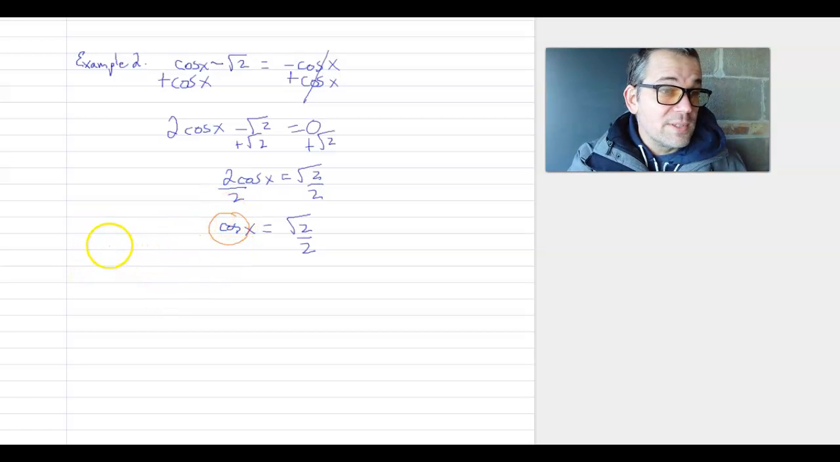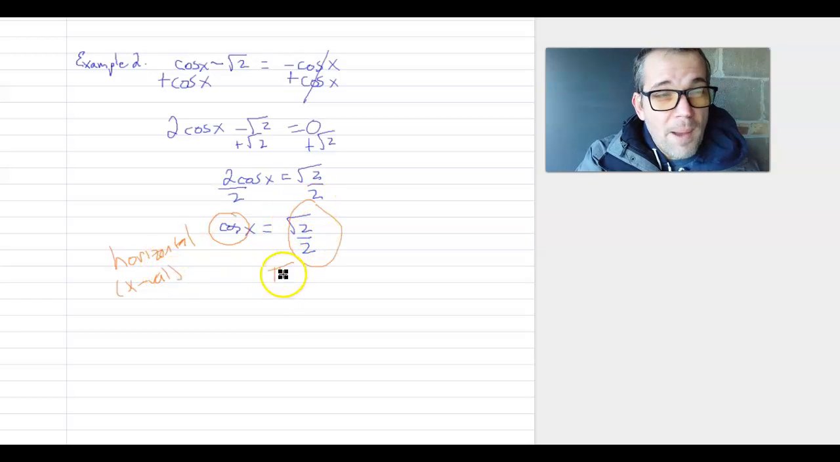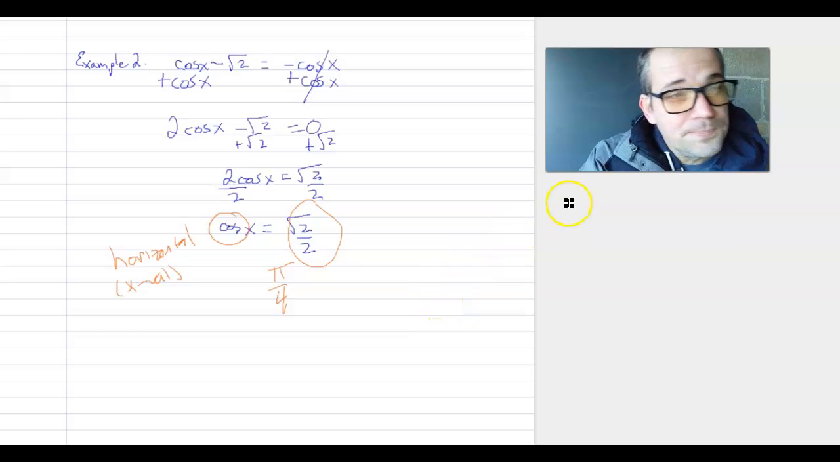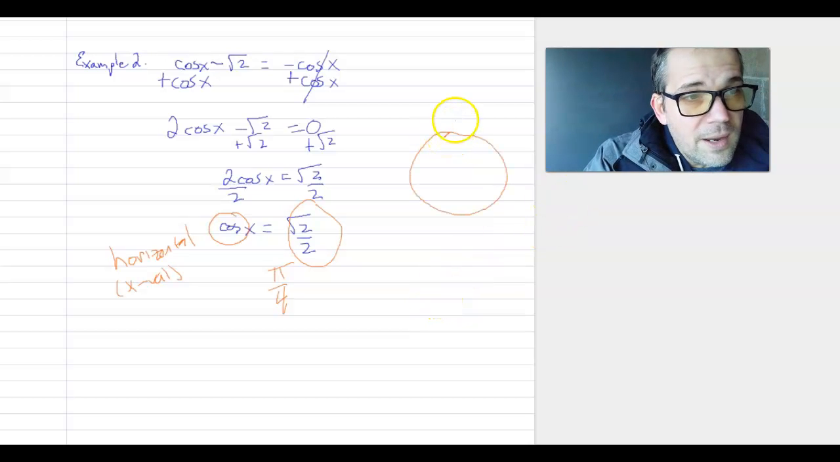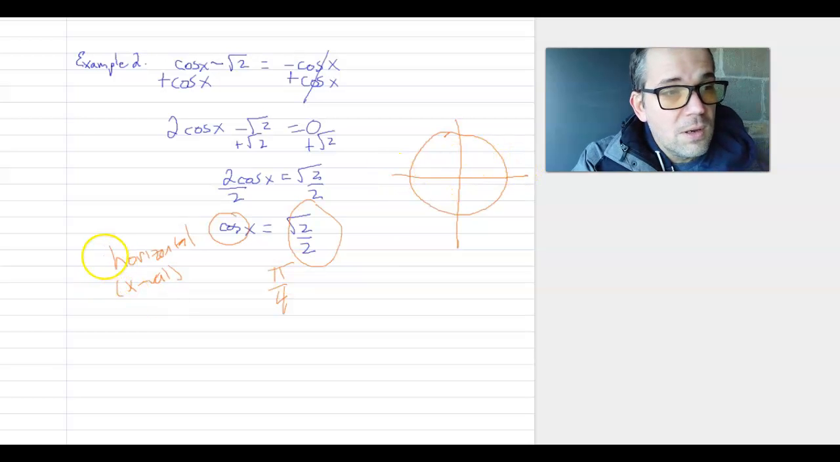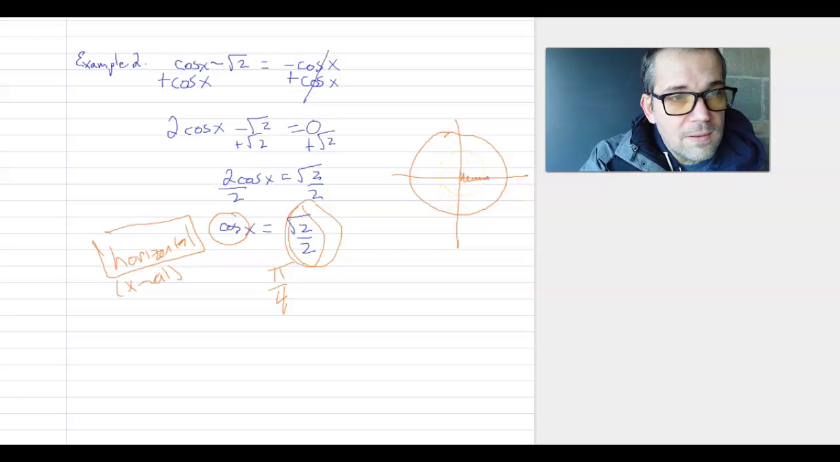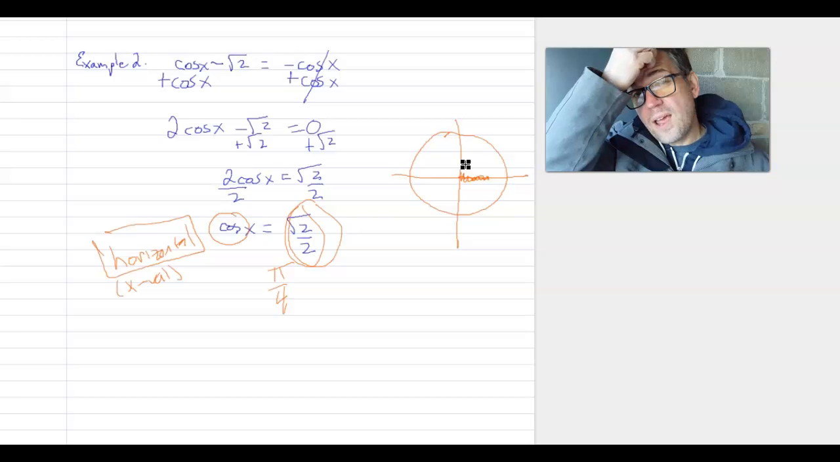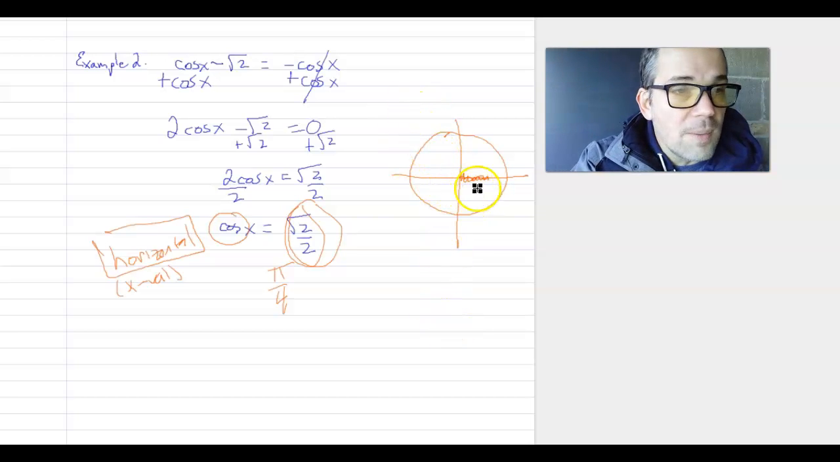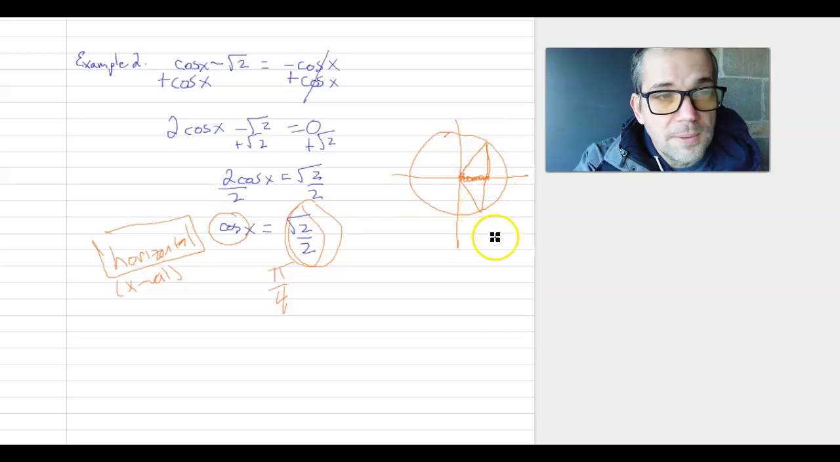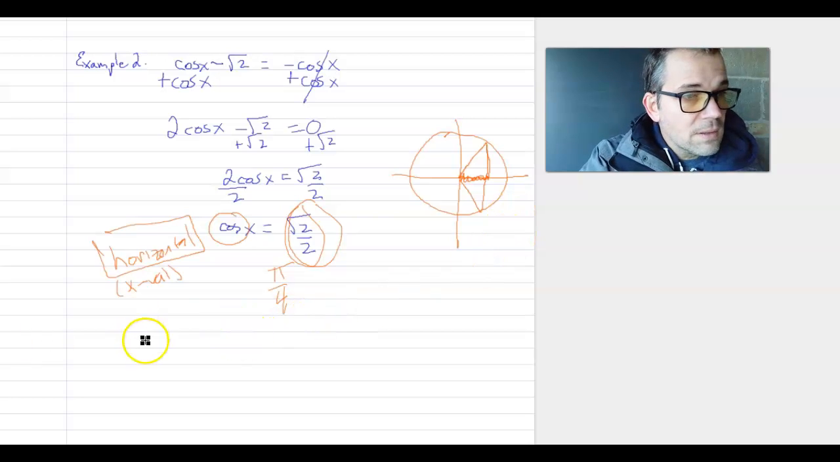So here's what I'm bringing to the table. I know that cosine is like the horizontal component, like the x value. And I know that this is related to a pi over 4 reference angle. So what I'm picturing in my brain is a unit circle where the horizontal component is root 2 over 2. There are two different triangles that I could draw off of that shape. I can draw this one with a pi over 4 reference angle, or this one with a pi over 4 reference angle. So that means that x is either equal to pi over 4, or